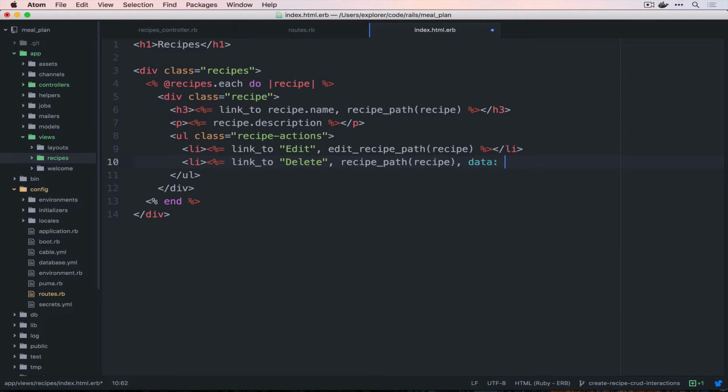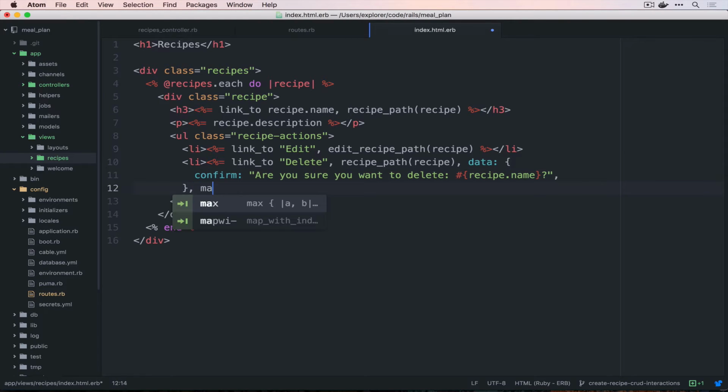But additionally, it's going to do some more stuff. So we're going to have it give a confirmation. So confirm with, are you sure you want to delete? And then we'll put the recipe details in here too. So the recipe name. And then outside of this hash, we're going to say that the method is delete. And I'll explain all of this here in a second. So if we save that,